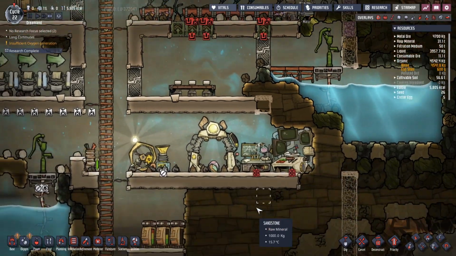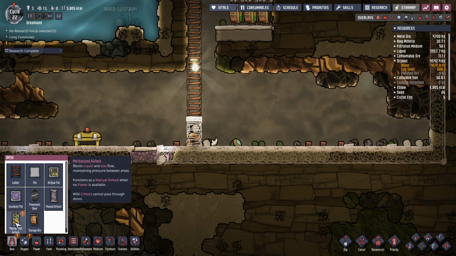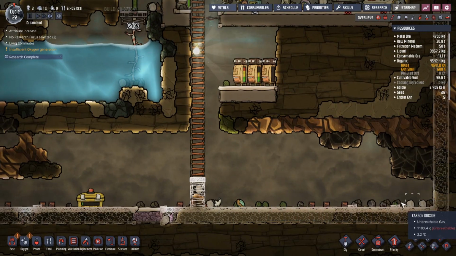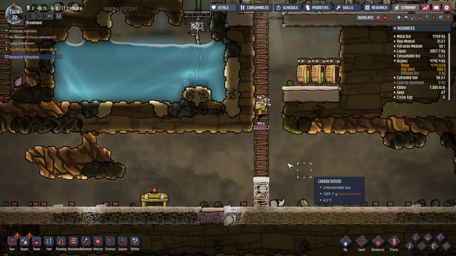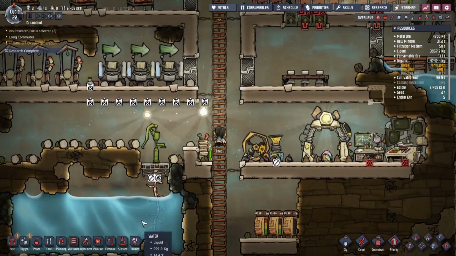Now what we could have done, could have put down some algae terrariums down here. Mechanized, blocks liquid and gas. Wild critters cannot pass through. Because we are getting quite a lot of carbon dioxide down here, which we probably should deal with eventually. But I kind of would like to have like a layer in the bottom here. Just so our food box here could...